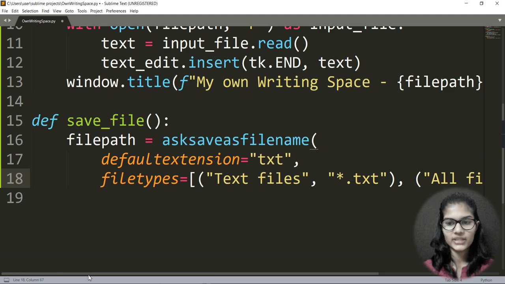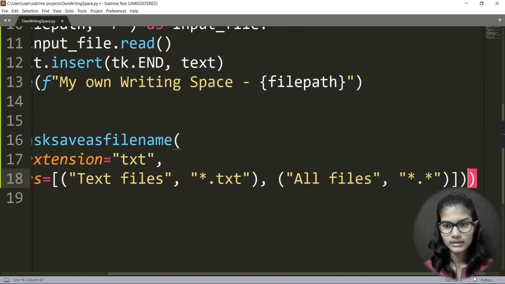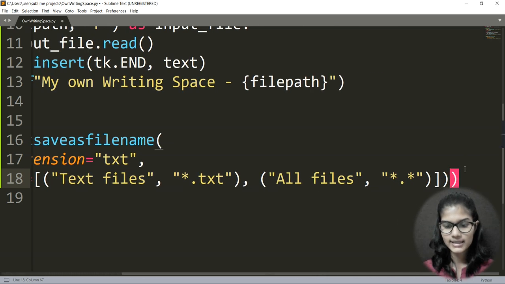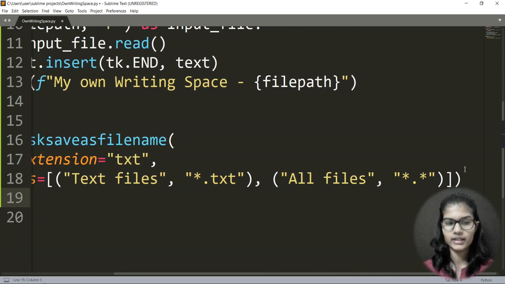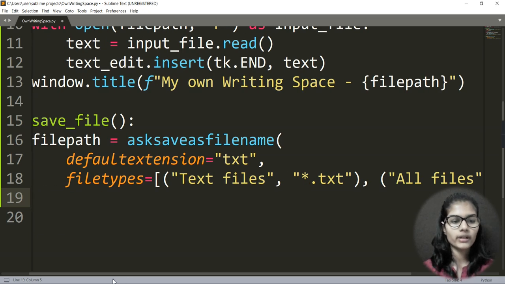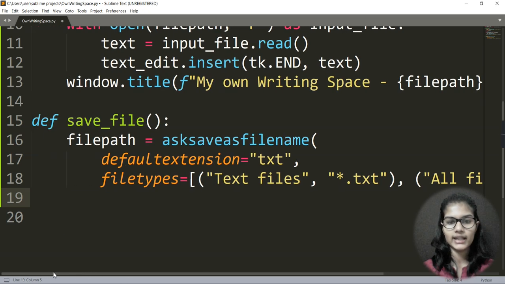So here I just completed that thing. One bracket is extra. Okay, fine. Now come down. So here I just made my file's default extension and my file types which can be saved here, right? So the bracket has been closed.